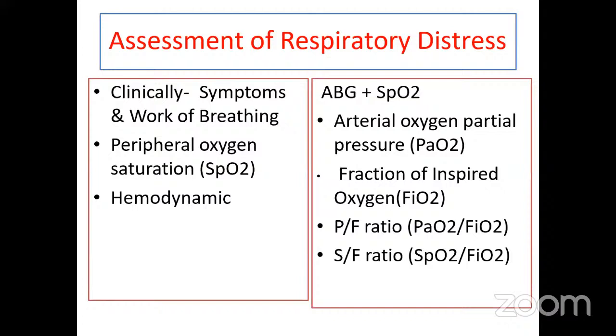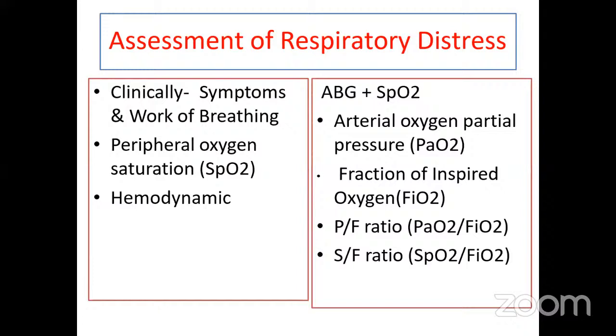PaO2 और FiO2 बार बार करने के लिए हमें बार बार आर्टीरियल ब्लड गैसेस करनी पड़ती थी, तो कुछ लोगों ने ये सुझाया कि क्यों ना हम इसको, जो पल्स ऑक्सीमीटर है उसकी रीडिंग जो कि SpO2 होती है उससे FiO2 का रेशियो ले लें, और क्या इन दोनों में कोई रिलेशन भी है? तो हाँ, इन दोनों में बड़ा अच्छा रिलेशन पाया गया। जो FiO2 वाला PF रेशियो है और जो SpO2 वाला SF रेशियो है, अगर SF रेशियो 235 है तो PF रेशियो 200 होगा।